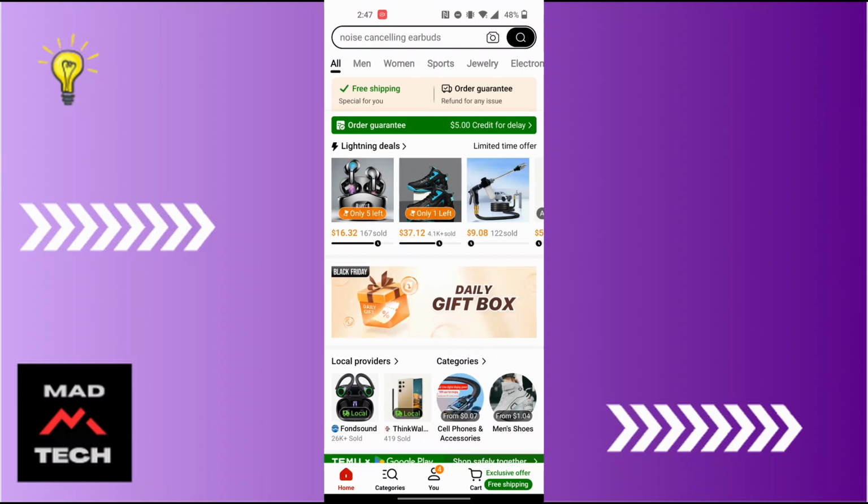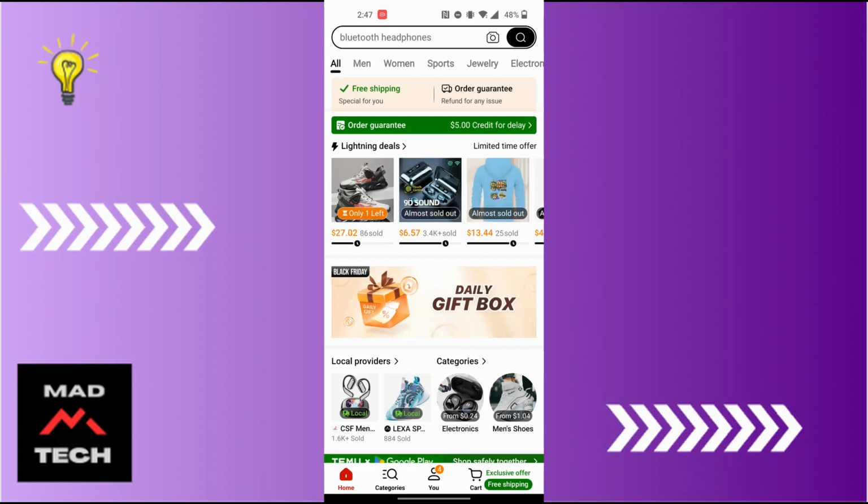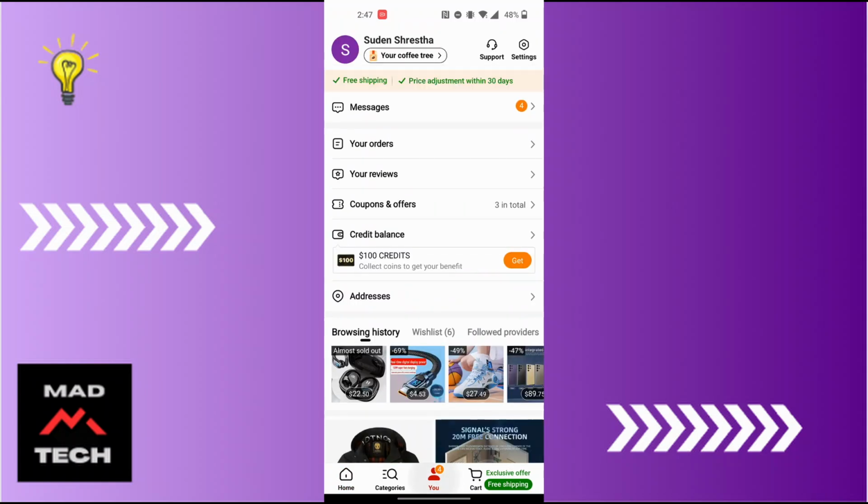And after opening your Temu app, guys, on this interface at the bottom of the screen, you can see a bunch of options available for us. Tap on the option that says U at the bottom middle section of the screen. And after tapping on the U button at the bottom middle section of the screen, you land on this interface